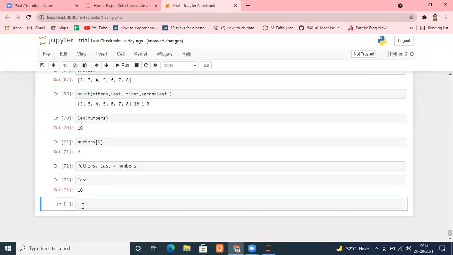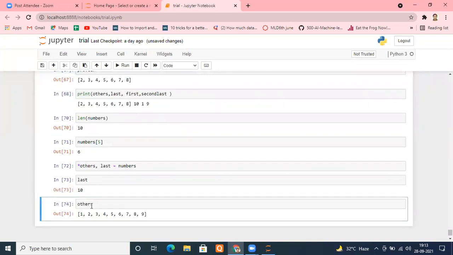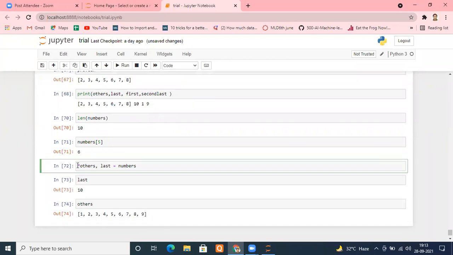And if I check others, it is giving me the numbers from 1 to 9. So how is it recognizing? If you put a name before others, it considers that it starts from this position. If you put it after the others, it understands you are considering the last position. So how will others come to know which is the middle one? Are you getting my point or not?